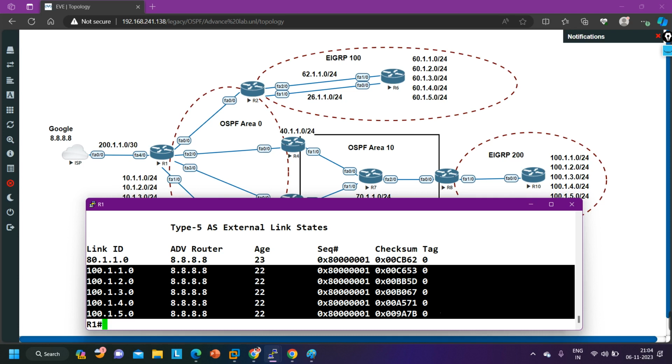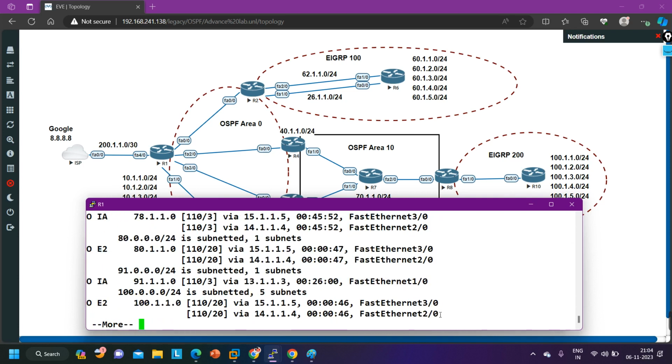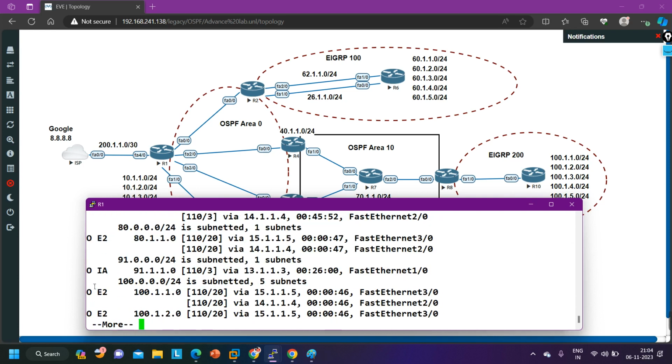And if I show you the routing table, show ip route ospf, you can see all 100 prefixes. Here the symbol is OE2, which means these are redistributed prefixes with metric type 2,